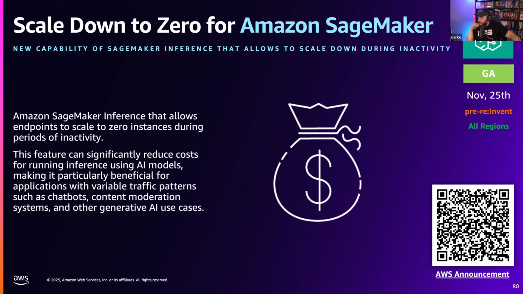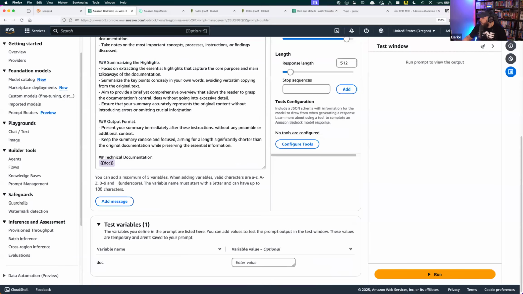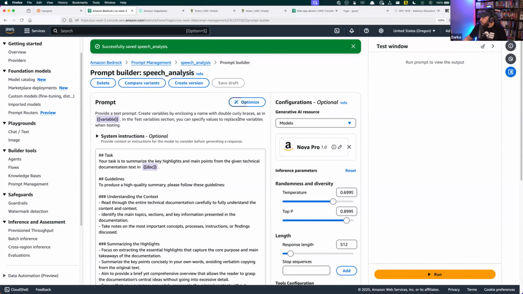How are the costs around Bedrock and messing around with AI prompts? I don't know about the prompts, but I think there's no cost in storing prompts. And when it comes to optimization and all of these things, the cost is literally just how big your prompt is, how many tokens, how much data you're sending and receiving.